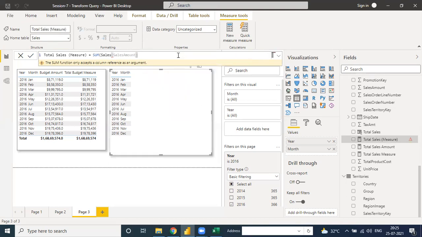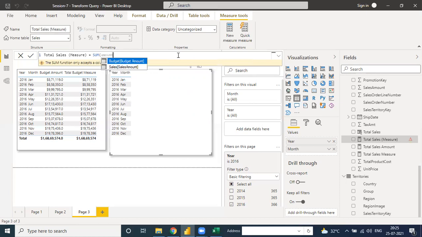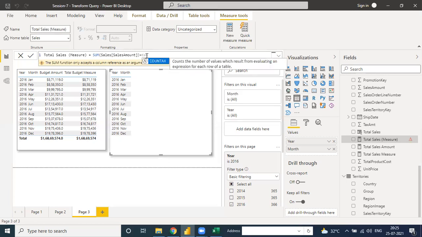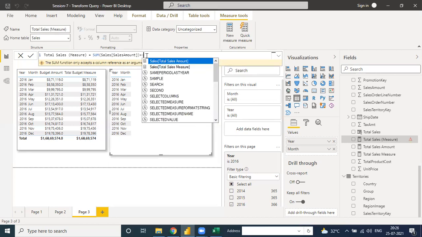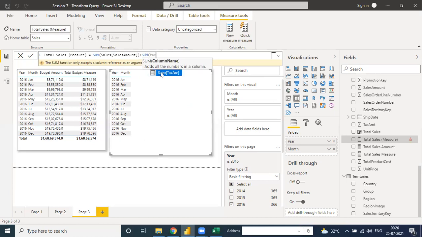Let's see. The SUM function only accepts a column. Plus, sum, sum.